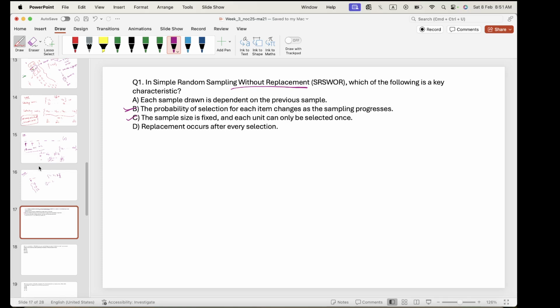The sample size is fixed and each unit can only be selected once. So the most appropriate one is C. And then the probability of selection of each sampling also changes as the sampling progresses. That's true, because we are sort of sampling from